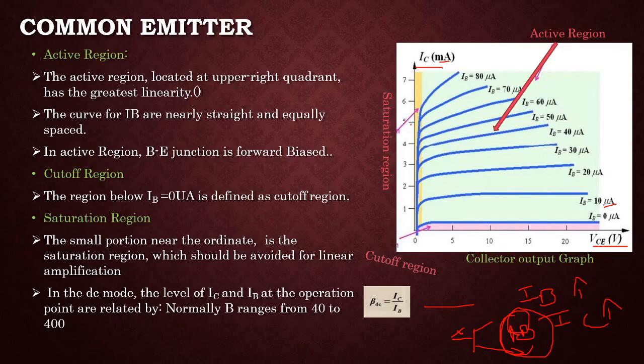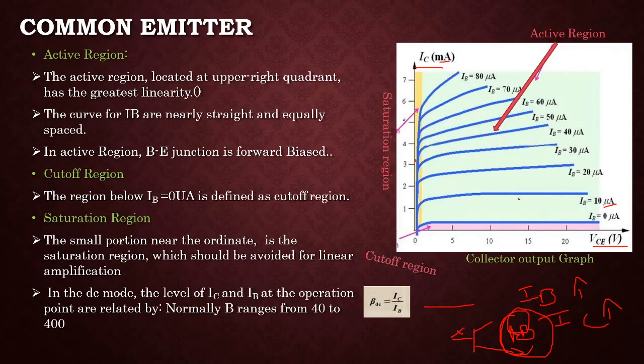And here in this case, if you observe over here, whenever the transistor's JE junction and JC junction are both forward biased, we are going to get a high amount of current. That amount of current we are going to call the saturation region. So after this curve, all this area comes under the saturation region.